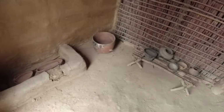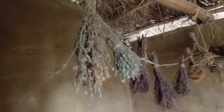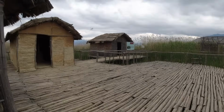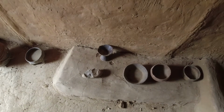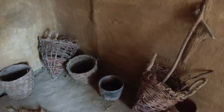Wow, very cool. You can go right inside. The simple life. Look at this, they have furs. So maybe these are some of the items that they found here, and that is the evidence of the settlement. Bowls, etc. That would make sense, you know. Some sort of smaller items, and so they concluded, okay, there was a village here, and then built this little